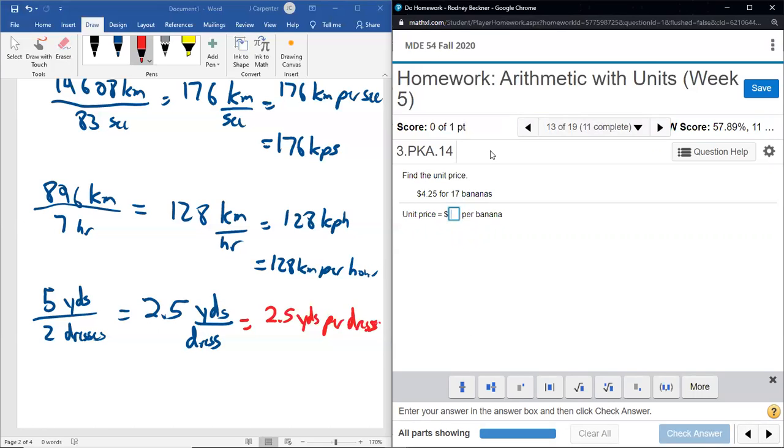Find the unit price. So this is the type of problem that I referred to in the lecture today when we were talking about grams of protein. So this one is going to be a cost per banana. You might go, well, why isn't it grams? Well, we don't know how many grams we have in these bananas, and bananas are very inconsistent in weight,